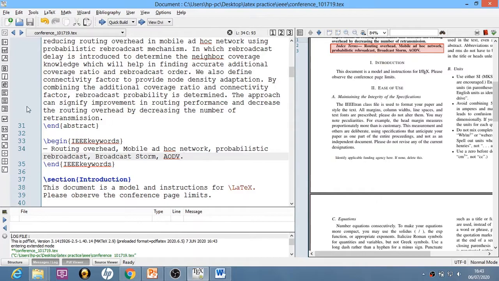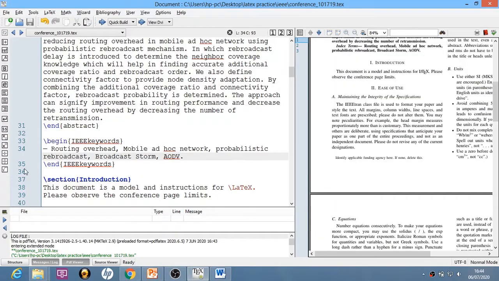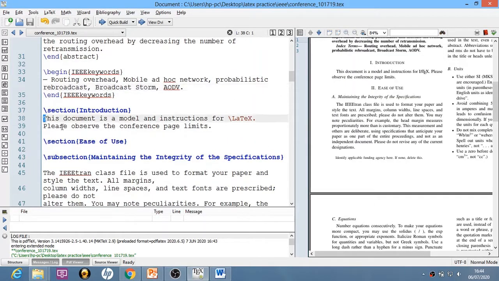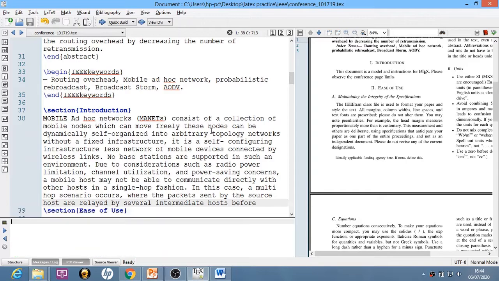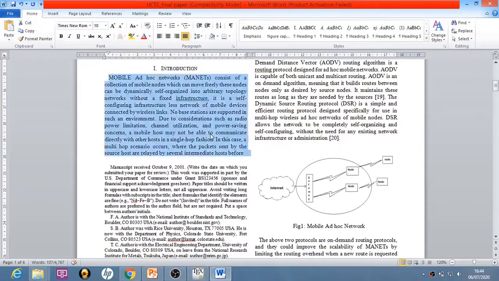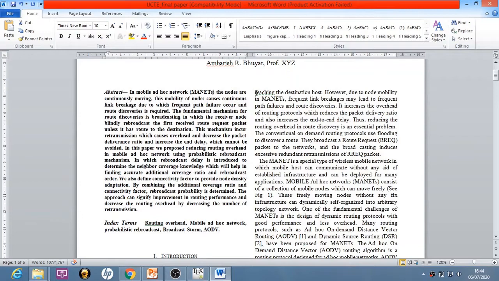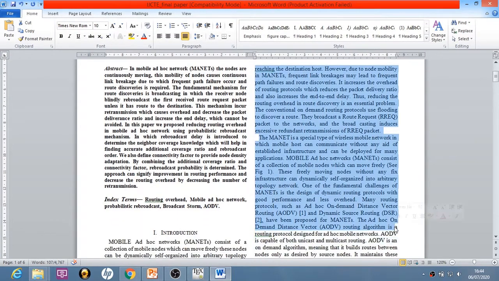Okay, now you have the introduction chapter, so you will go to the introduction, you will copy the data and paste it. Again you will compile it and your introduction will start appearing over here. Okay, so this is how you just need to go on adding the data.